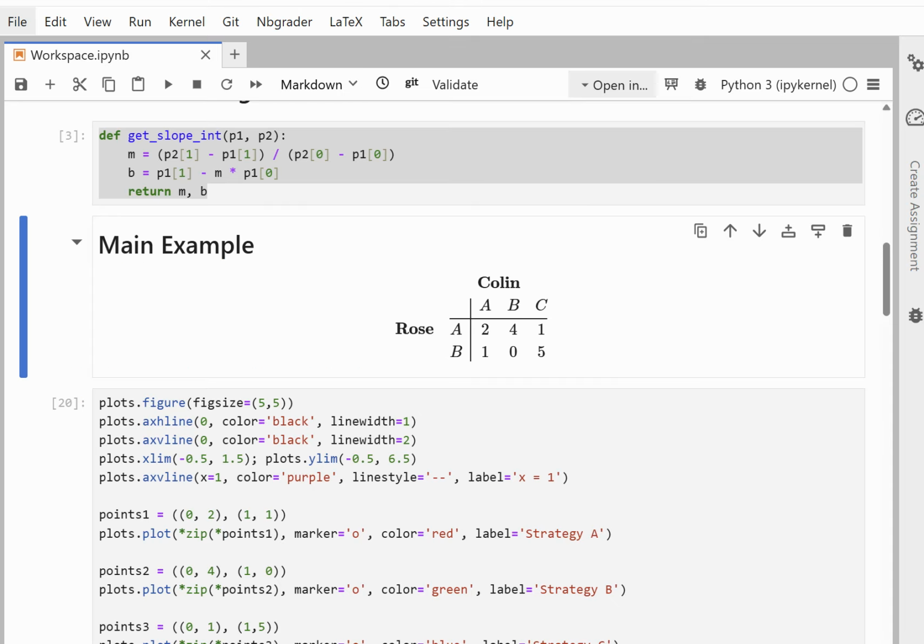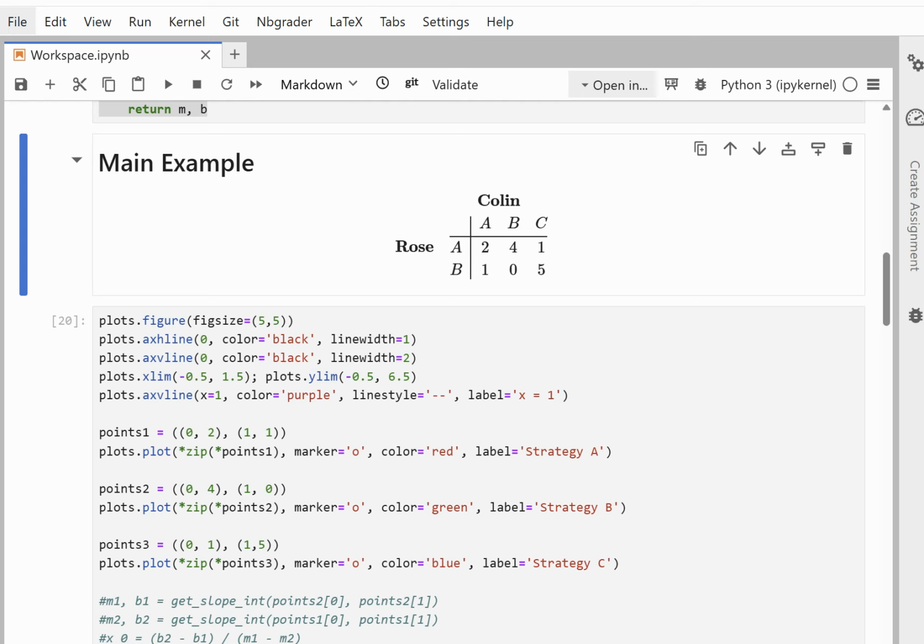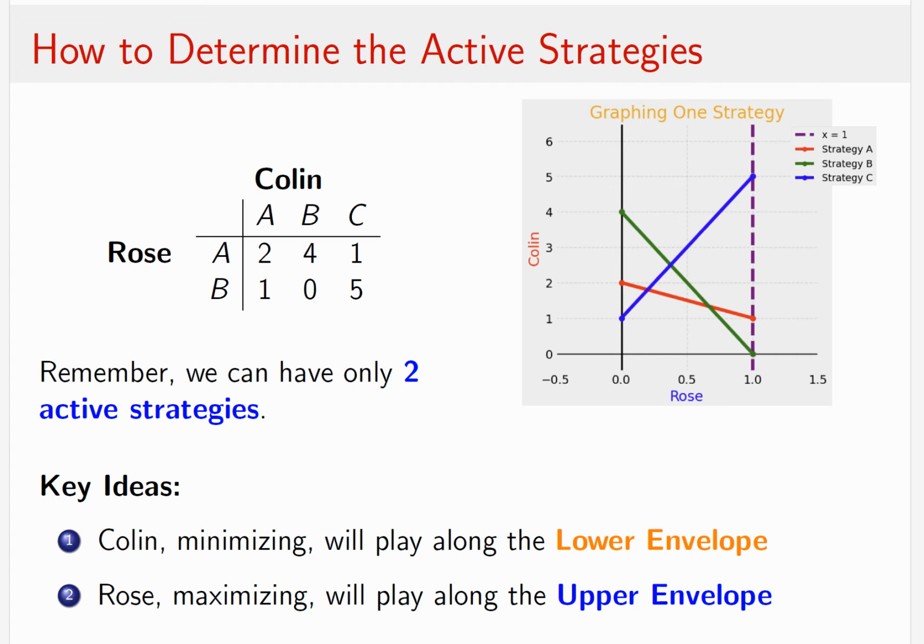Okay, so if this is the correct matrix we're looking at, notice that the 2, the 4, and the 1 should be the values, right, that go with the x-coordinate of 0. And I'm just calling them points 1, points 2, points 3, so I'll know what they go with. And then the 1, the 0, and the 5 go with the x-coordinate of 1. All right, so I'm graphing these, and notice for the moment, till I see the graph,